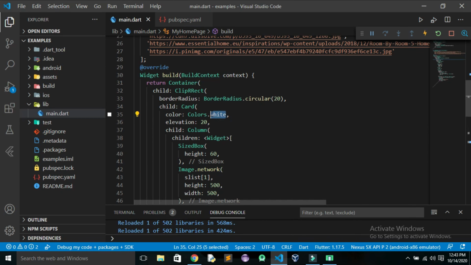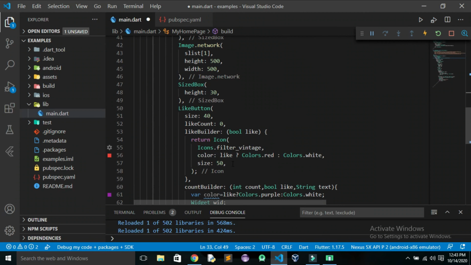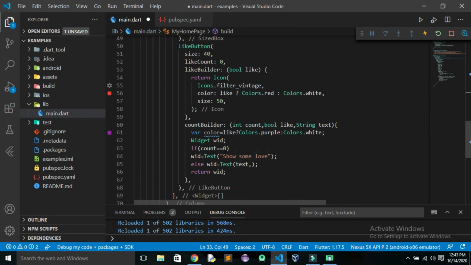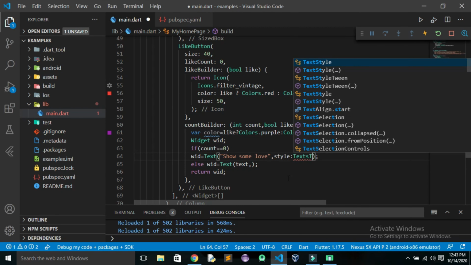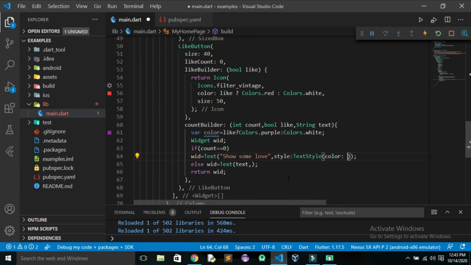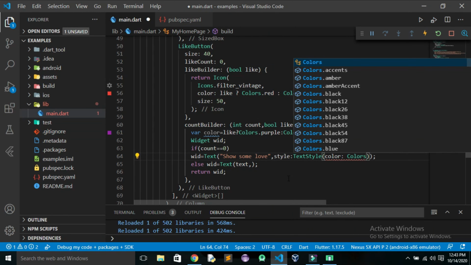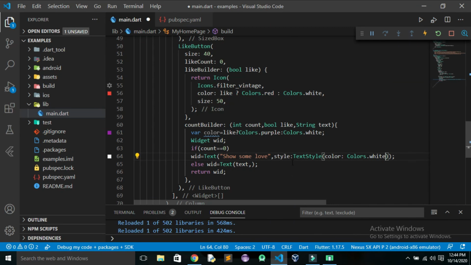So let us keep it as black only and make the changes in this. And for changing the color, I'll use style with text style, and in that I'll give color as colors dot white, and I'll use the same thing there also.